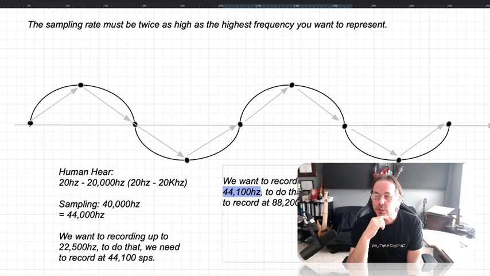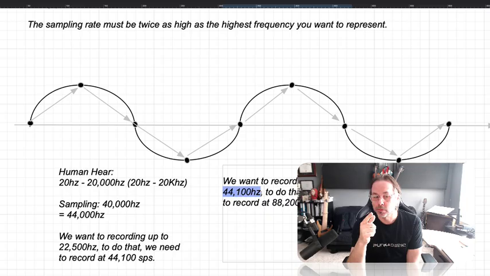So if I was going to record a punk band, I'm not going to record them at 88,200 samples per second, right? That's just a waste of data. I might record them at 48,000 samples per second, only because that's kind of becoming a standard. That'll get me some of those upper frequencies of the distortion and stuff like that. But if I'm going to record an orchestra, I'm going to record them at 88,200 samples per second because I want to get all of that extra stuff. Maybe even higher. Maybe I want to record it twice as high as that.